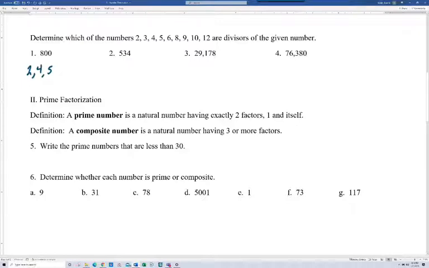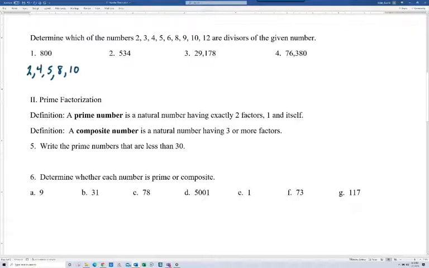9 is not going to work because 3 didn't work. If a number is not divisible by 3, it won't be divisible by 9. Remember, the sum of the digits was 8. That's not divisible by 9. Certainly we're divisible by 2, so we said 8 and 10. And since we're not divisible by 3,